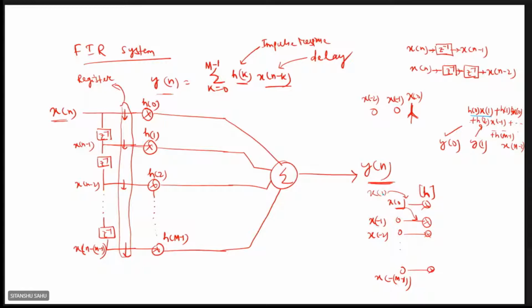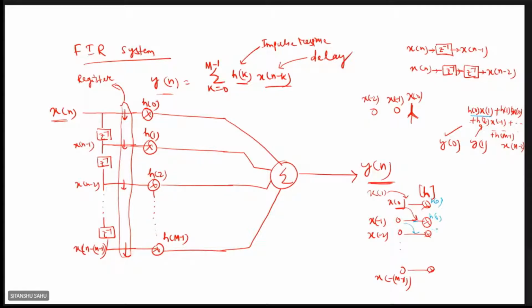So it will go and multiply the h of 0, and the value that was here, h of 0, will come over here. Okay, so x will come over here, so it will be 1 unit delay. ये यहाँ आ जाएगा तो 1 यूनिट डिले हो जाएगा, है कि नहीं? Are you getting the idea or not? Yes. And then it will multiply with the h of 1. Here h of 1 is there. This is h of 1. This is h of 0, right? Okay. And then what was the x of minus 1? X of minus 1, now it will come to here.